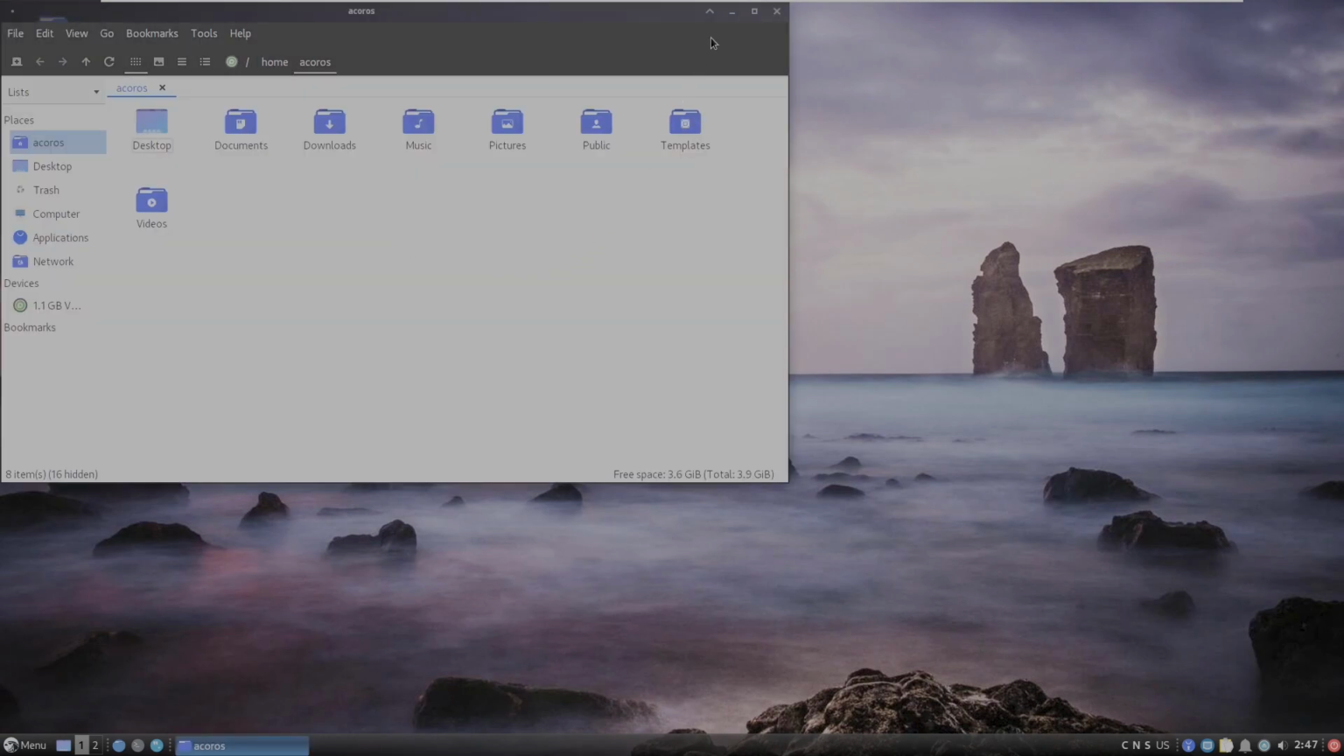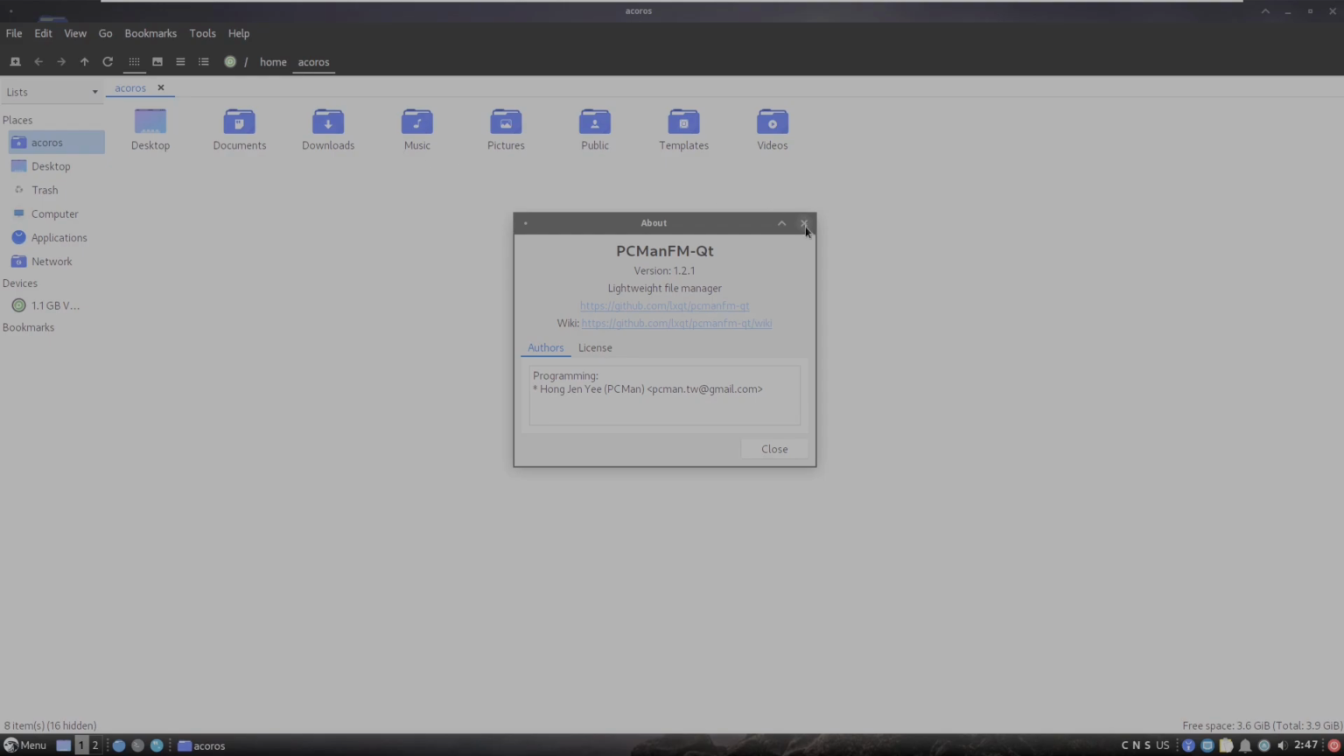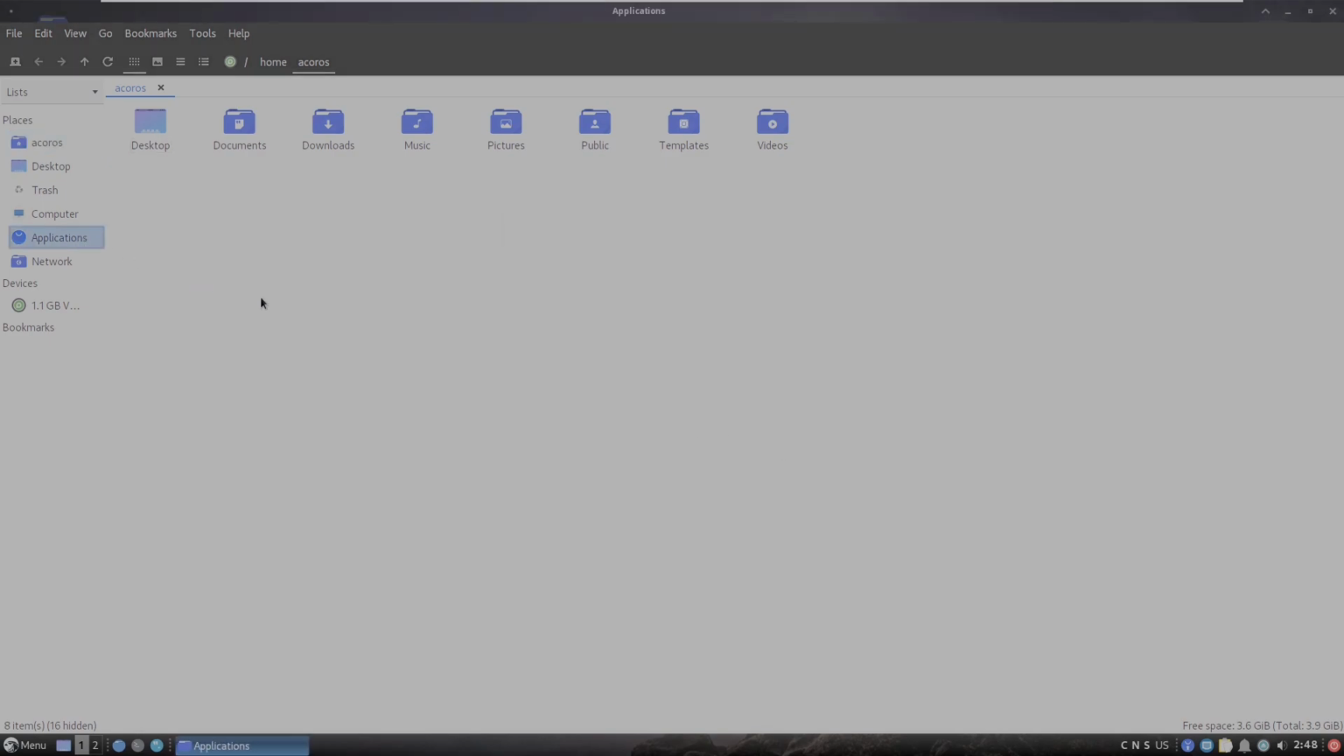Let's open the file manager. No, it's not Thunar because it's not XFCE. So you get the PCManFM-Qt version 1.2.1. So here are the applications. I'm going to show the applications later. First, let's check the device,